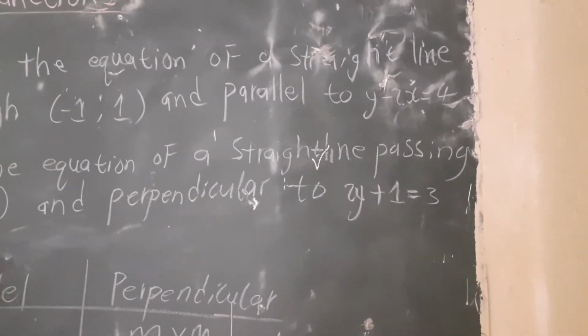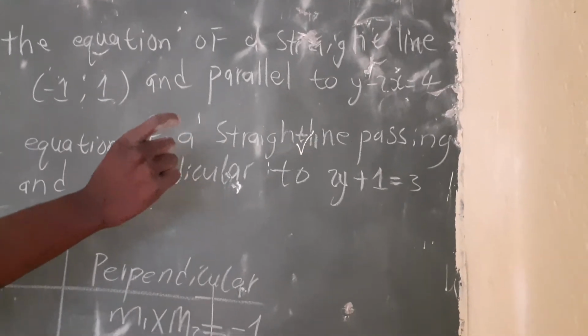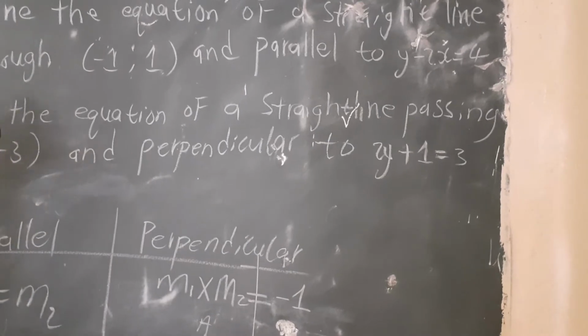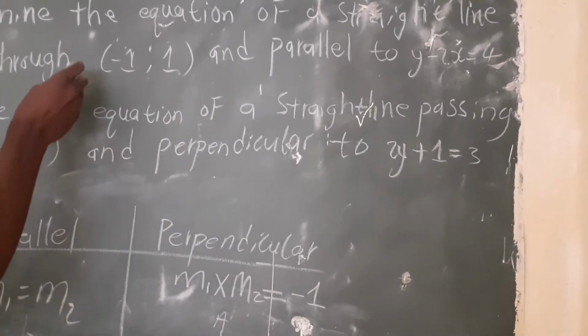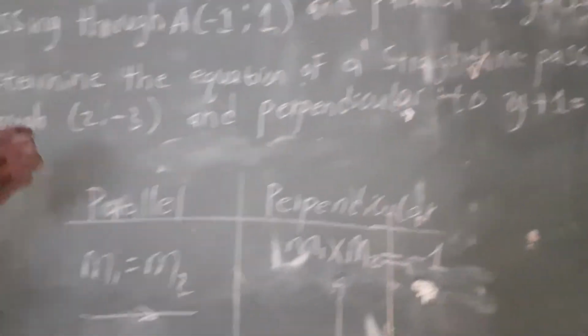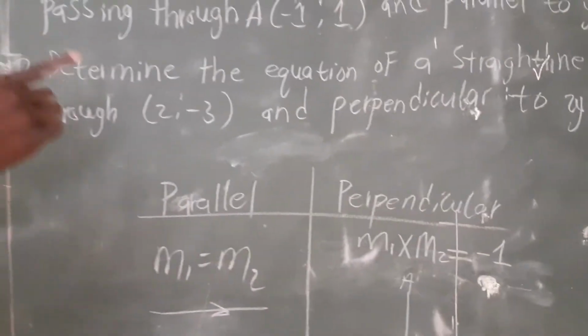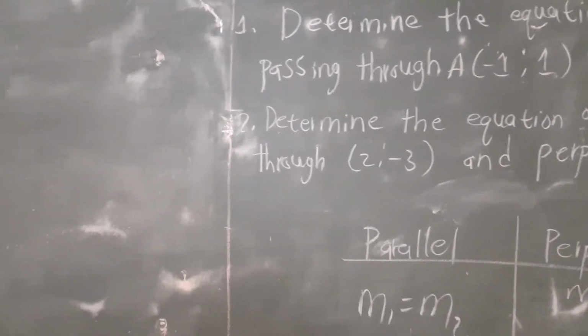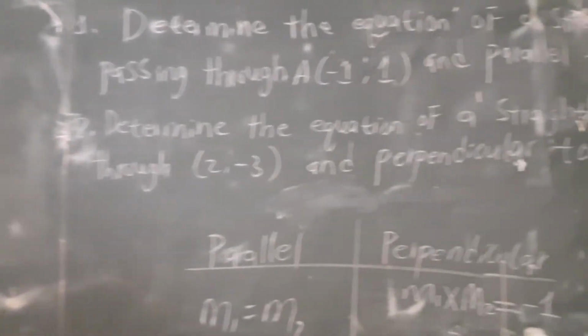The purpose of determining the gradient from that line is because we do not have two given points, we only have point A. Therefore, you have y minus 2x equals 4,